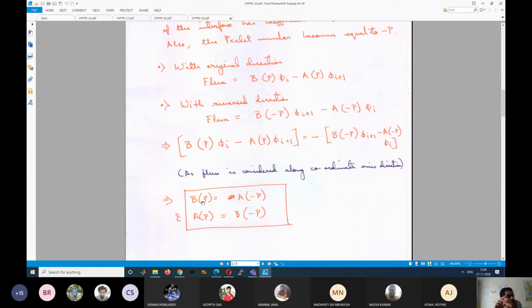So I can derive a very awkward scheme, say very arbitrary scheme where the a value is 1 plus p square. Okay, in that case, we can find the B value also. What it also means is that if you can just find the positive values, like variation of P, because variation need not be constant, right? We have seen for hybrid case or for the power loss case.